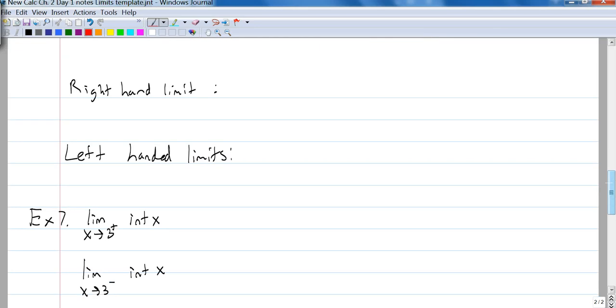And then there are two things that we have to work with. We have right-handed limits and left-handed limits. That's usually going to be abbreviated like that and like that. A right-handed limit you will see notation-wise as x approaches c plus. And what this means, this is very important, it's the limit